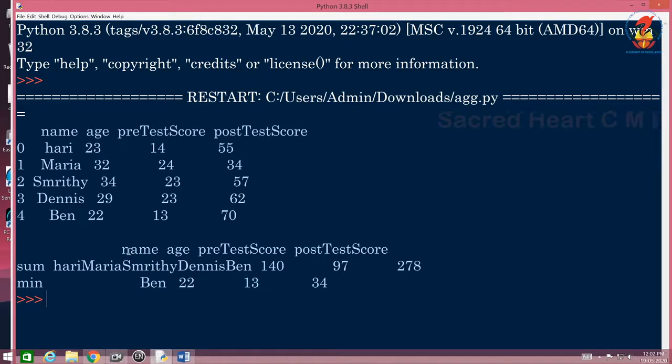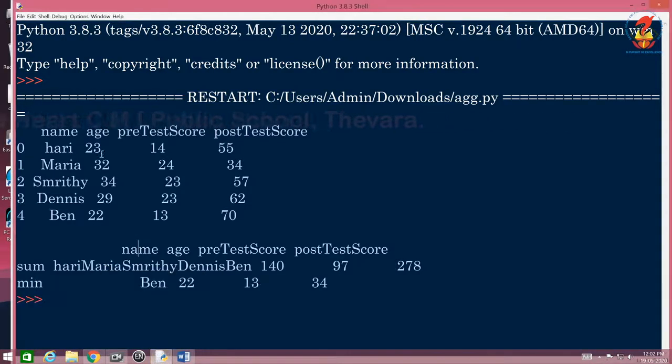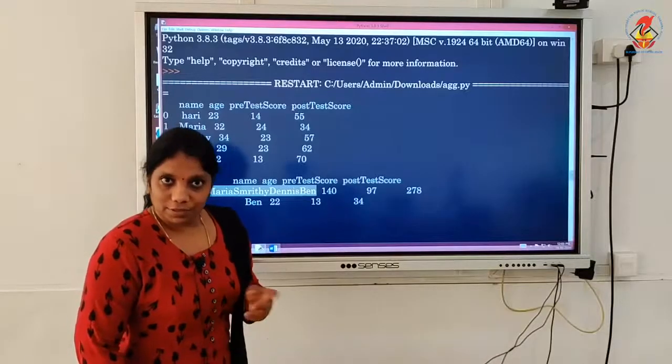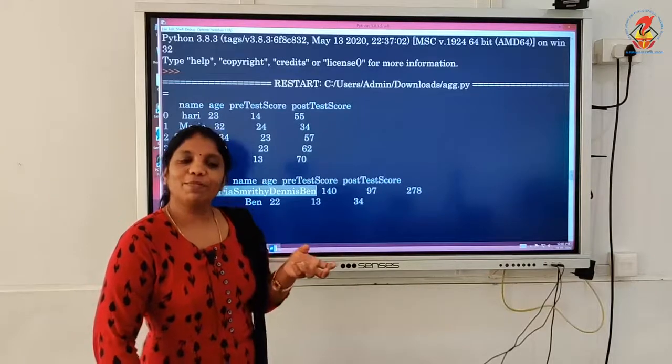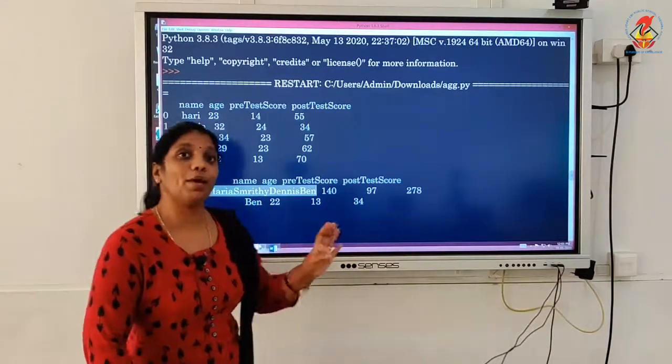How did this happen? Of course, name, age, pre-test score, post-test score are your columns, and since you have given aggregate of sum and min, the first column, that is Hari, Maria, Smriti, Ben, Dennis, Ben, is concatenated together. You saw that? Even though sum is a mathematical function which works only with numerical values, no error came.